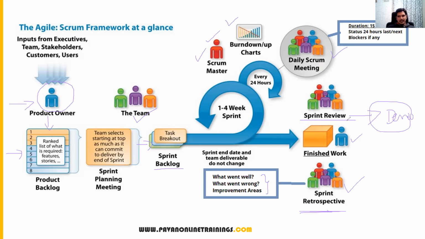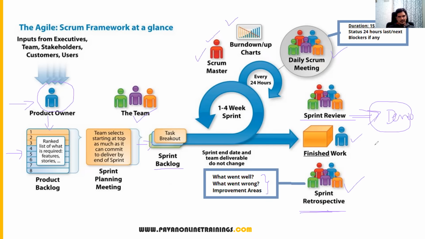So for every cycle of sprint, a piece of software will be delivered to the customer. And once we complete all the sprint cycles, at the end, the customer will get the complete, full-fledged product which contains all the features and all the functionalities given by the customer. So this is the agile process. Scrum is a framework that follows agile principles. So this is the end-to-end process of agile.